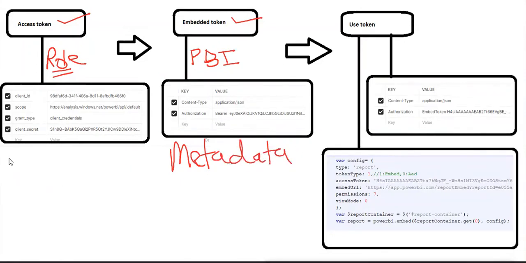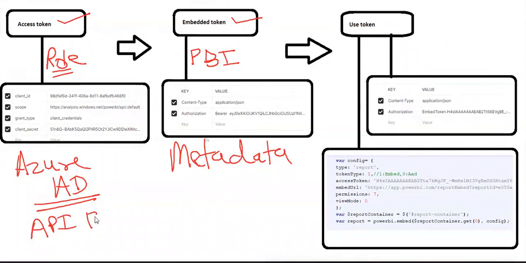While a role, it is actually Azure side, okay. Azure, you can say Azure Active Directory, and there we have a permission, there is an API permission option, and there we have defined some roles. So yeah, access token holds the roles, and we will see that embedded token actually holds the Power BI related